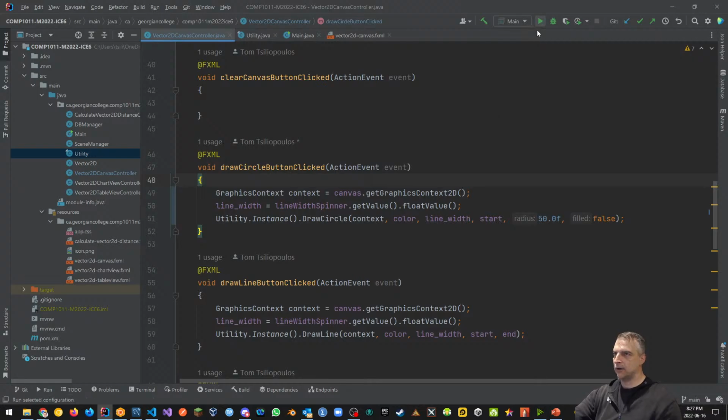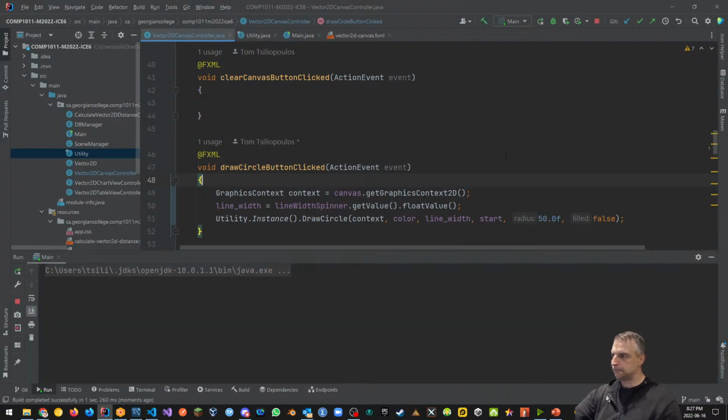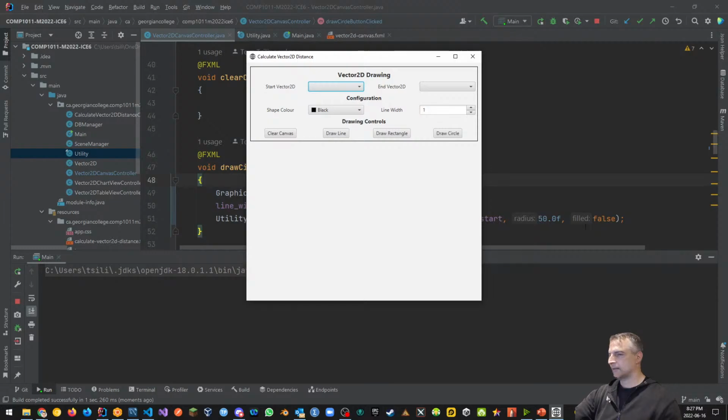Let's see if this works. So run. So again, things we're missing. We're missing some kind of radius. We don't have a control here for this. We could add more lines in our configuration for us to make that happen. So again, if I click,